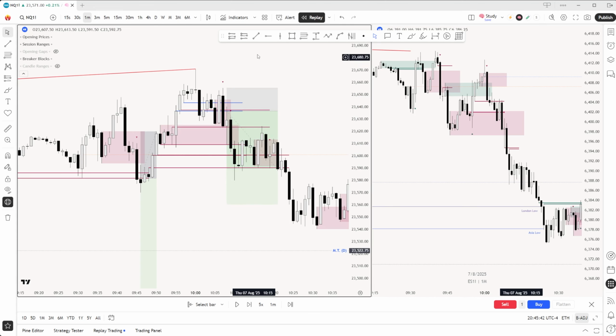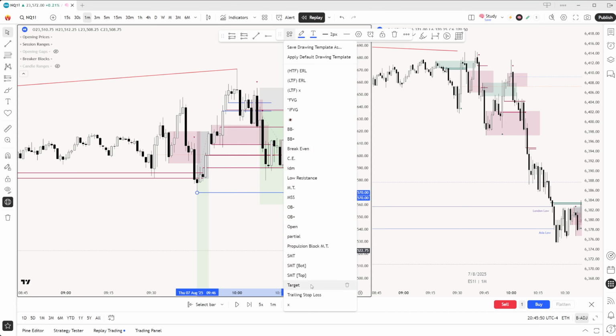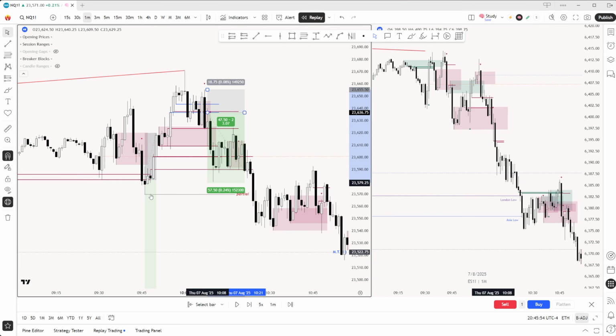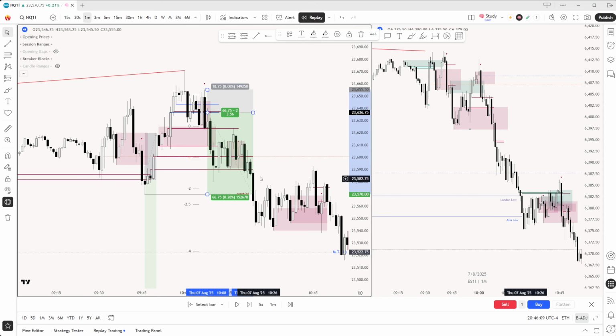Myself, whenever we form the low of session, right, I interact with it the same way I do current low of day, right? I understand it as a key level and that we can reverse from this key level, so I like to look for this as a partial, and as you can see, this allowed for a beautiful partial. If I bring my standard deviations in as well, you can see that they align beautifully with 2 to 2.5. So this for me was my first take profit in this trade.